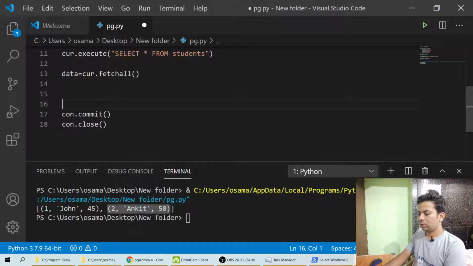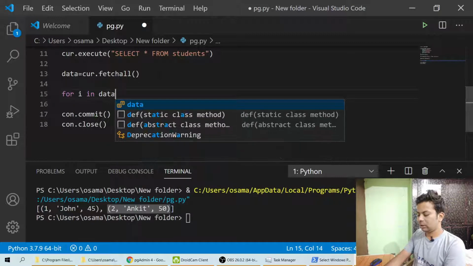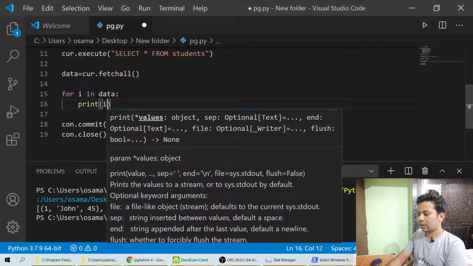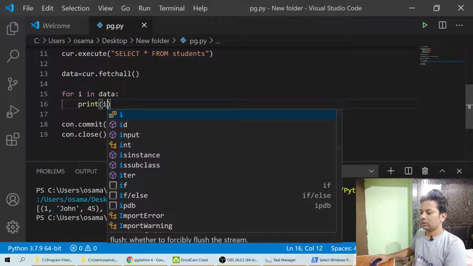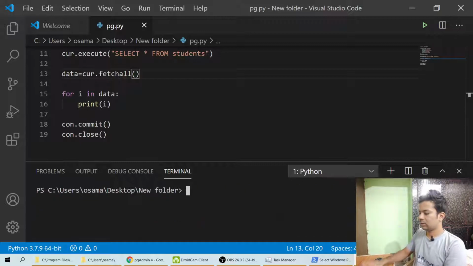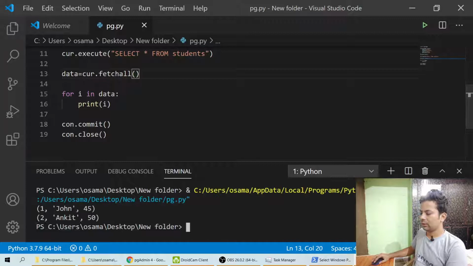Then we'll loop: for i in data, print i. This time it will print line by line: it will loop, print one, then come back and print the next. Let's clear the screen. Yeah, and see, 1, John, 45, and 2.